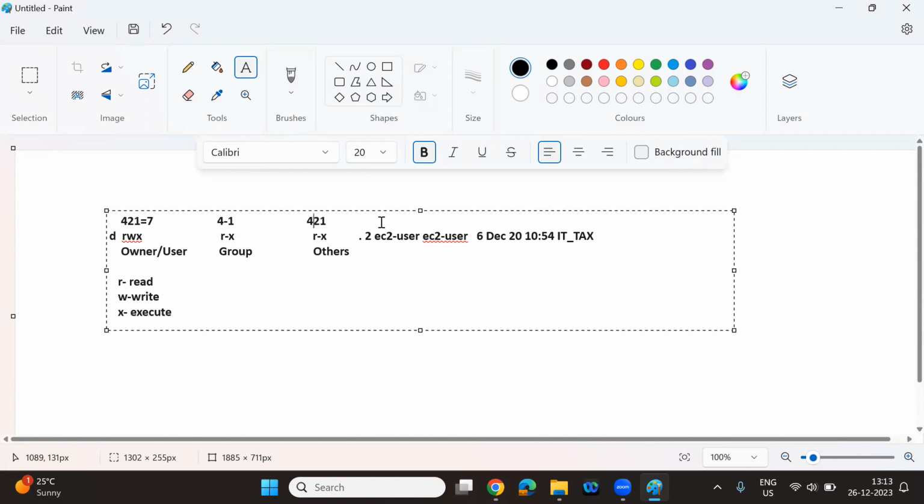When it comes to this part, they have only 4 and 1 again, which is read and execute. If you do 4 and 1, how much does it add up to? 5. The very same way here, 5. So that is the thing. When you come to this part, what